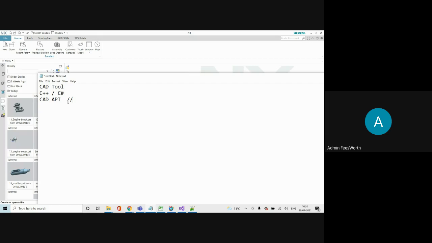What are you going to do? In this condition, you delete. In this condition, you change the layer. Under these conditions, you change the color. That is all: you are going to put some conditions. So this CAD customization is easier. It's easy to program.